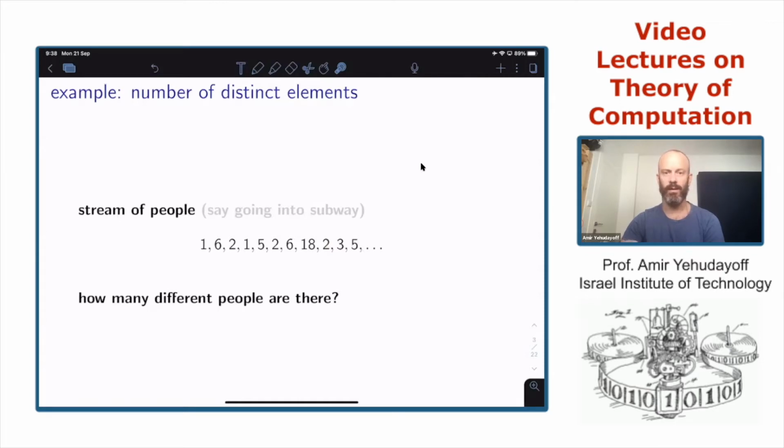This is one thing I needed to know. And the other thing is, what is the total number so far? So there are two things I kept track of. And you can try to see if there is some non-trivial algorithm here. You can try to imagine if you can think of a non-trivial thing you can do here. Okay, so this is one example. This is the number of distinct elements in the stream.